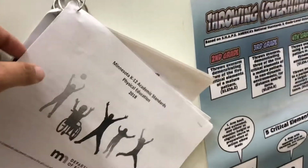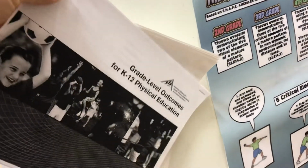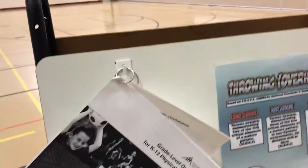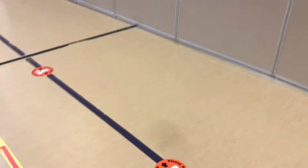Throwing binders are going to be the Minnesota Standards, SHAPE America grade level outcomes, and then finally the icon statements, which would be great resources to have throughout the year. Again, over here, 6-foot placement on the whiteboard, on our benches. And then as students leave, we have more 6-foot markers